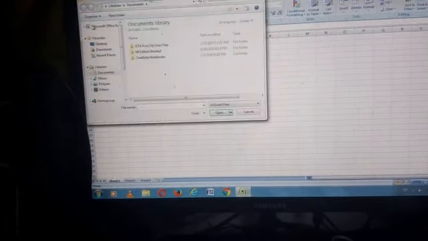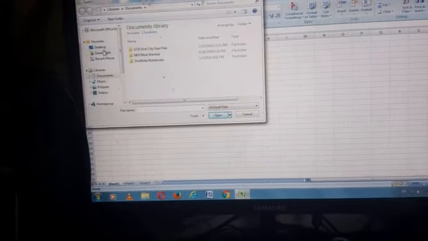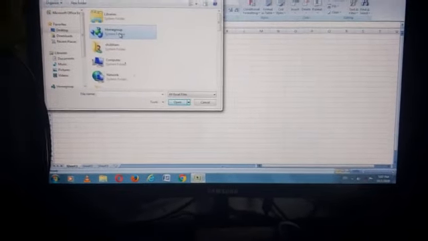Click on File, click on Open, then select your file. Where is your file? On the desktop I saved my file. Okay, our file is open.